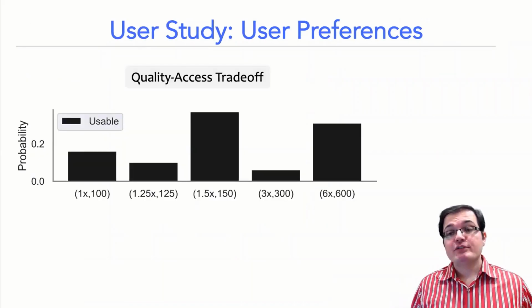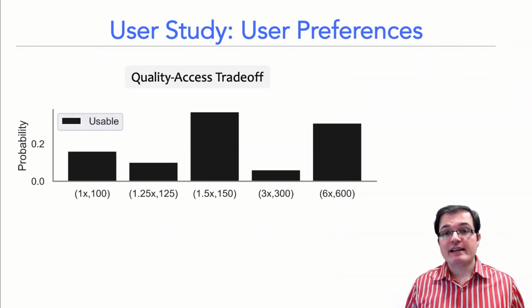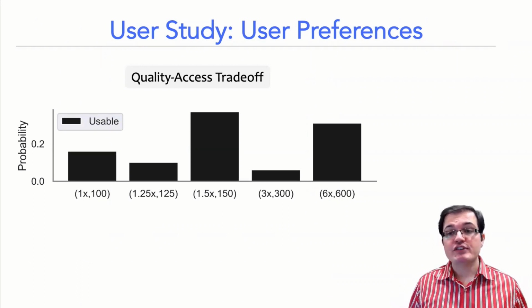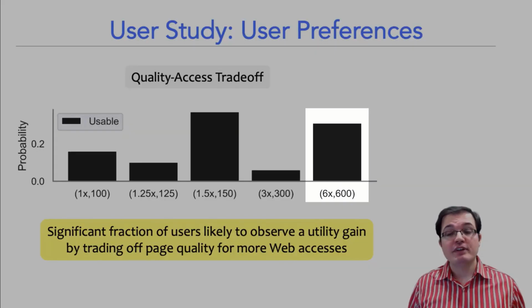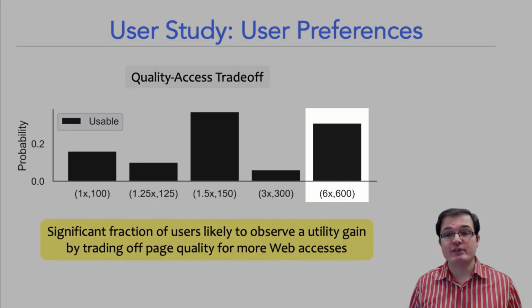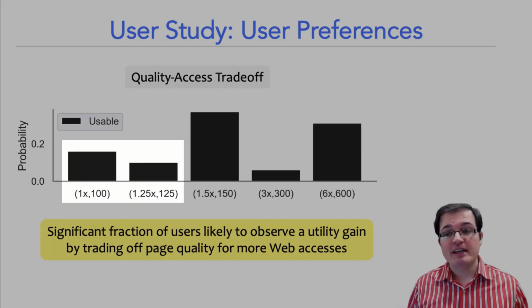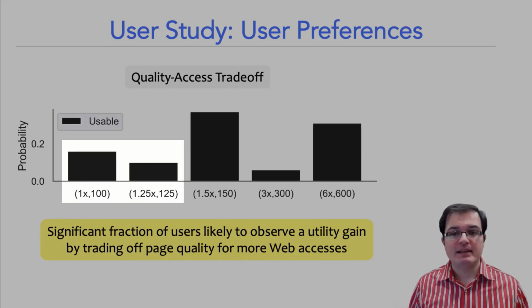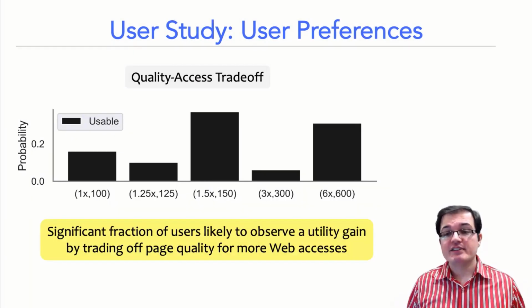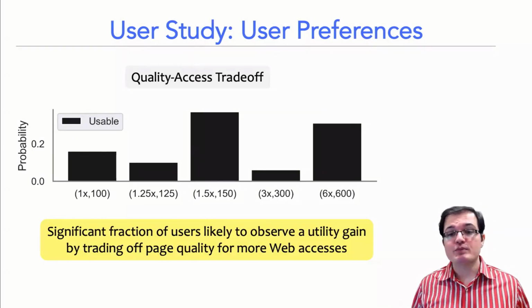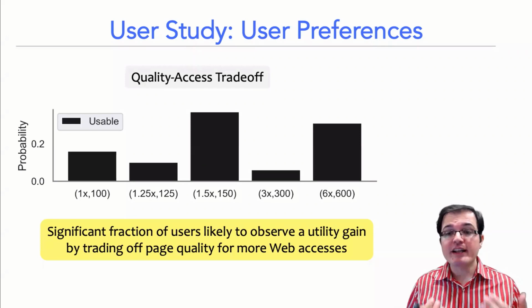Next, to gauge the relative user preferences for web page quality and web accesses, we gave users different choices of web page quality and number of monthly web accesses. The figure shows the distribution of user preferences over these choices. We find that some users preferred 600 accesses despite 6x reduction in page quality, whereas others preferred a higher quality page, even if it meant smaller web accesses. This suggests that a significant fraction of users are likely to observe a utility gain by trading off web page